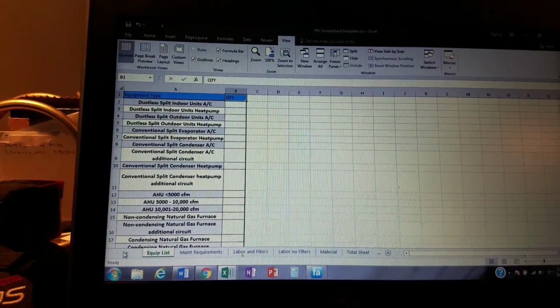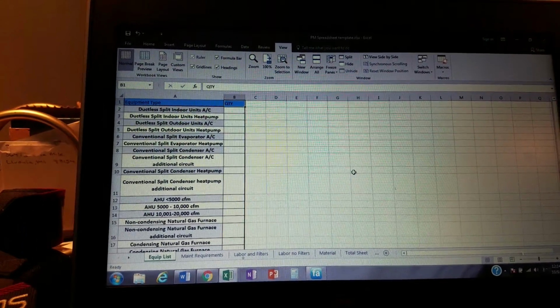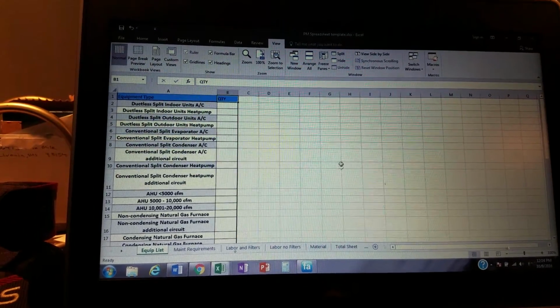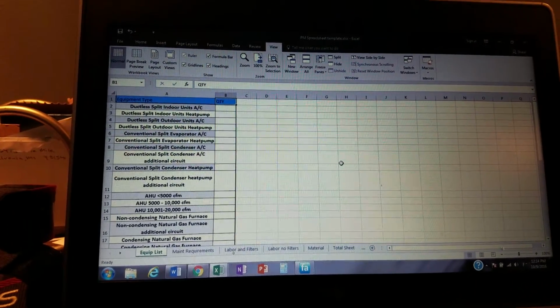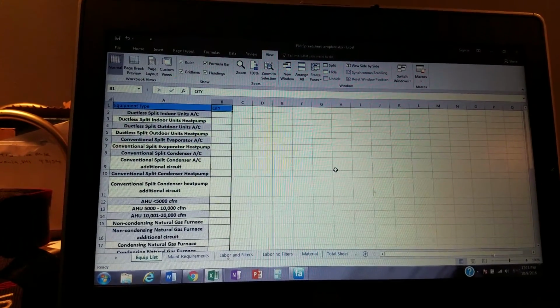All right, guys, I made what I think is a powerful, comprehensive spreadsheet to come up with preventative maintenance agreement numbers to give to a customer quickly, especially when some of these customers have multiple locations and all kinds of different equipment. This will make it easy